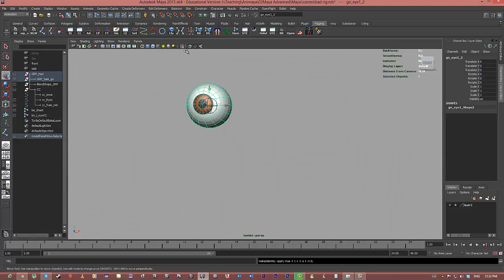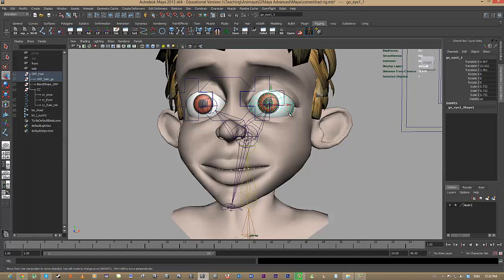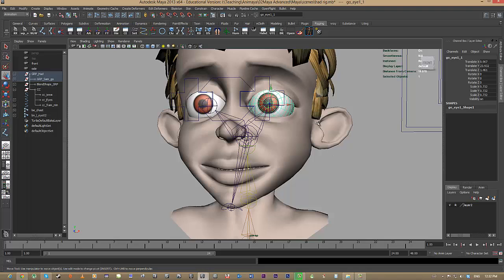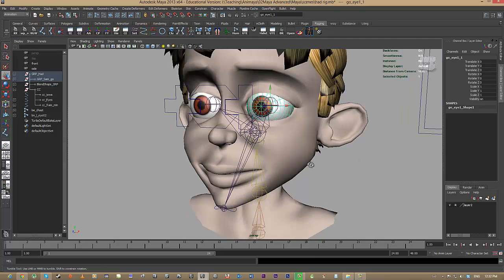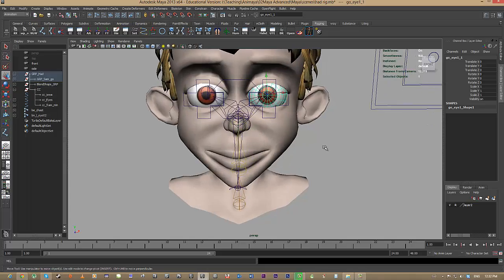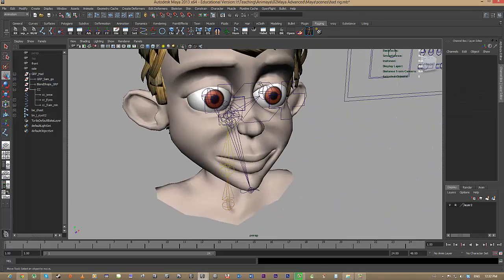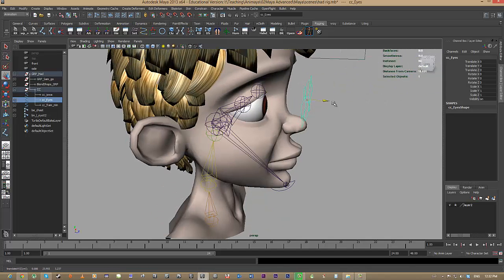Not the joint, of course. I'm going to freeze transform the eyeball itself. I'm actually going to freeze transform everything. Alright, actually whatever I can. Okay, so I press G, which didn't do anything, so I'm going to go freeze transform. I've got a shortcut over here. Alright, so that's sorted. So the first thing I want to do is just take this controller out a